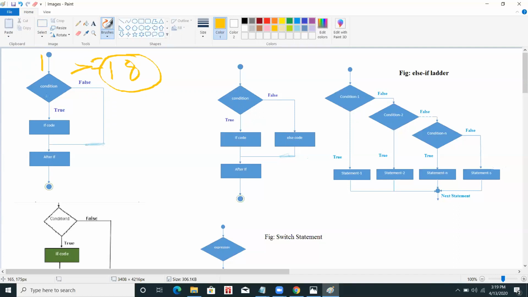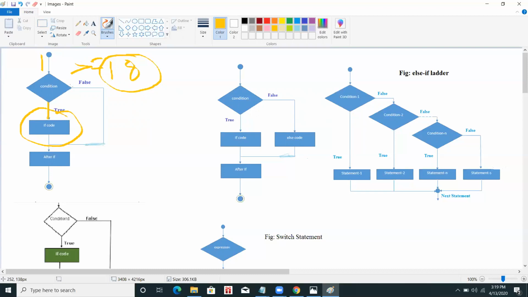Then only, if this condition becomes true, it will run the code which I have given inside the braces of the if statement. If it becomes true, this statement is executed.